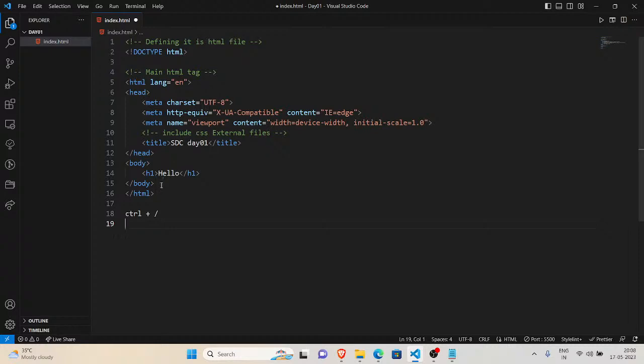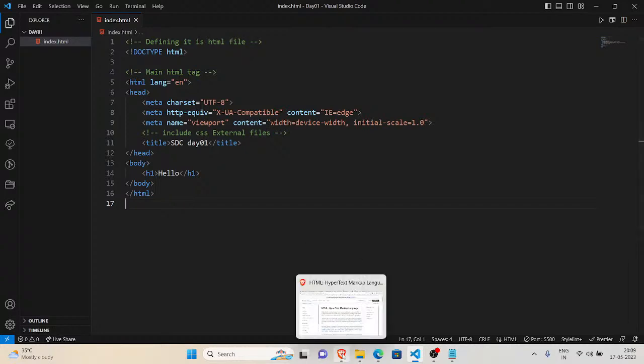For example, if you want to comment this part of code, just select it, press Control plus slash, and it will comment. To uncomment it, Control plus slash. That's it. Prakash Sinha, do you understand?